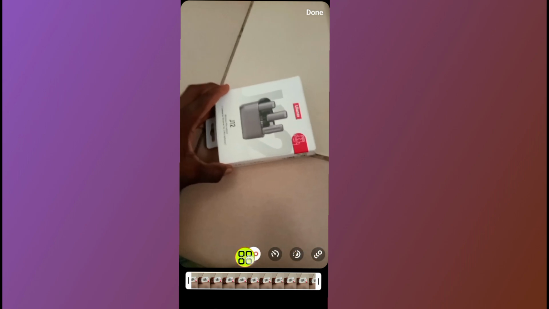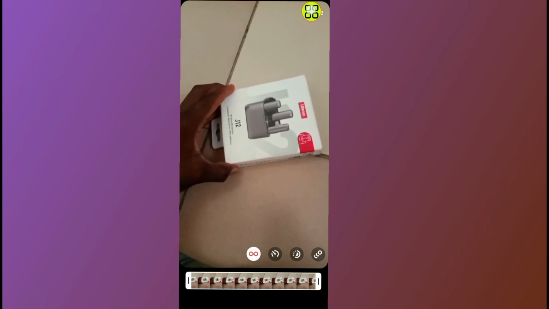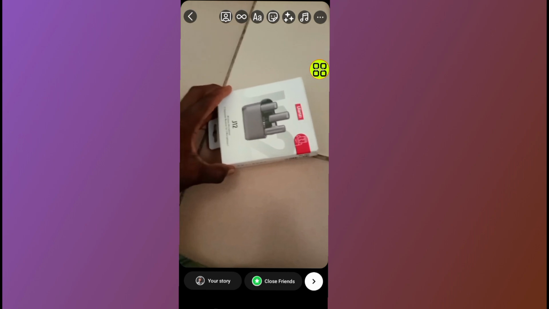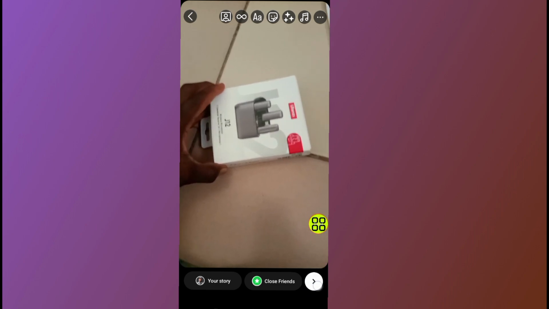Now you can go ahead and test all these pictures and use the one that fits your needs, and tap on this done button. After you tap on this done button, now you can go ahead and tap on this next button, and you can go ahead now and share it on your